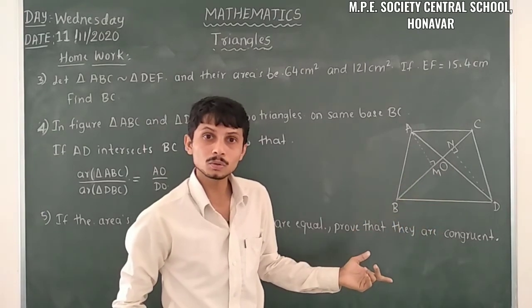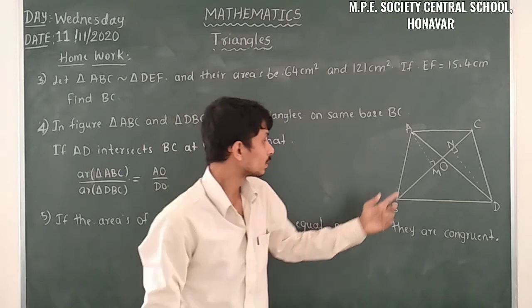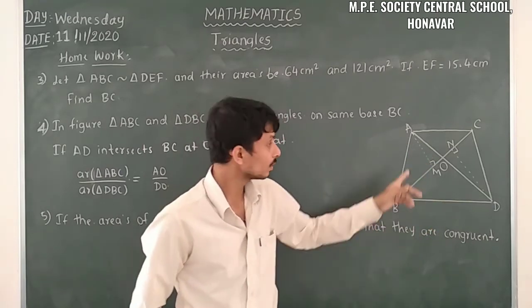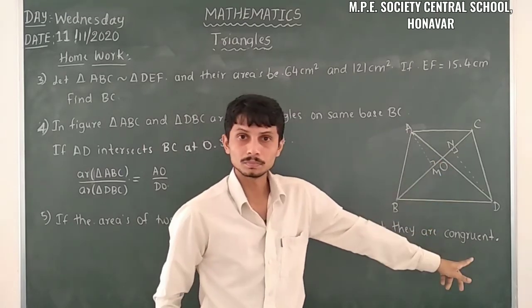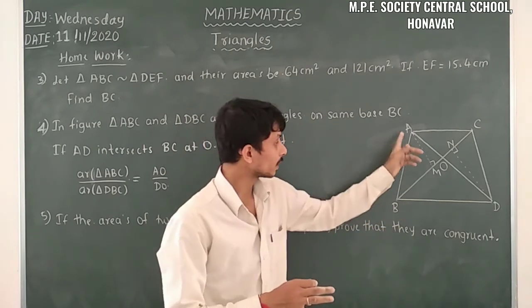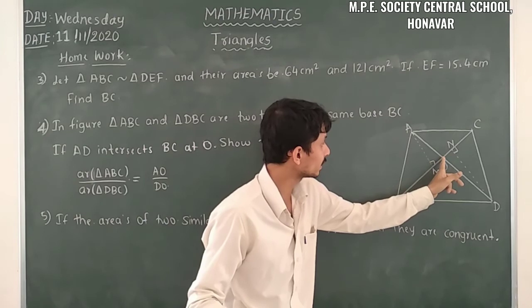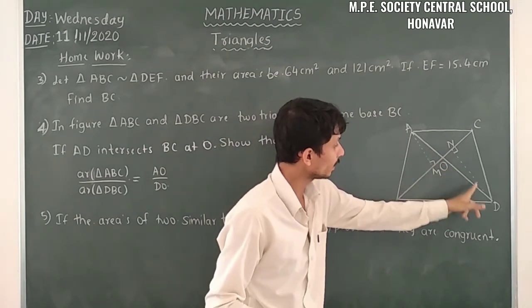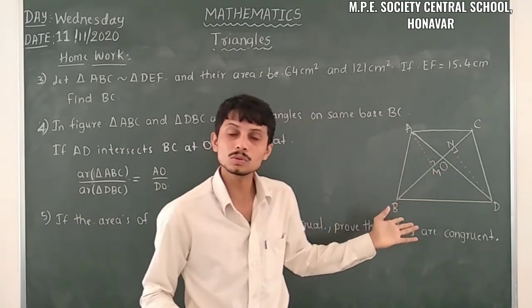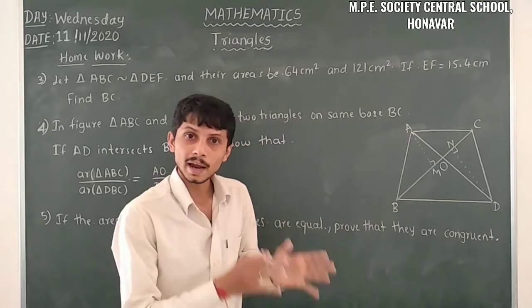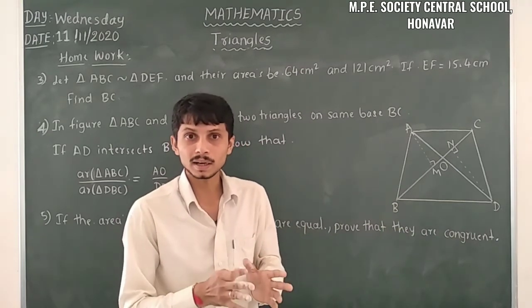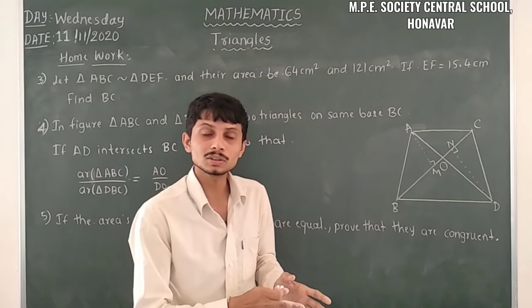After that, what do we have to do? We have to consider AO and DO instead of AM by DN. That means you have to take these triangles, AMO and DNO. Those two triangles we have to take, and also use some similarity criterion and come to the conclusion that those two